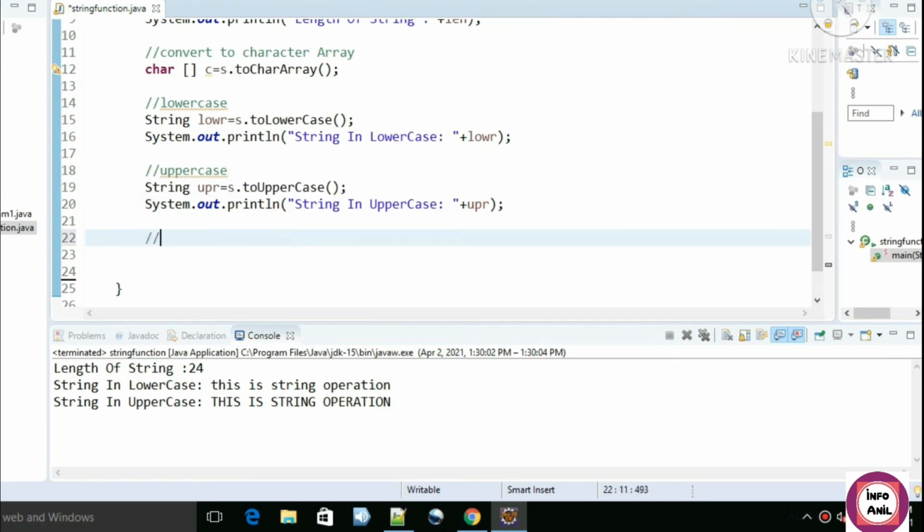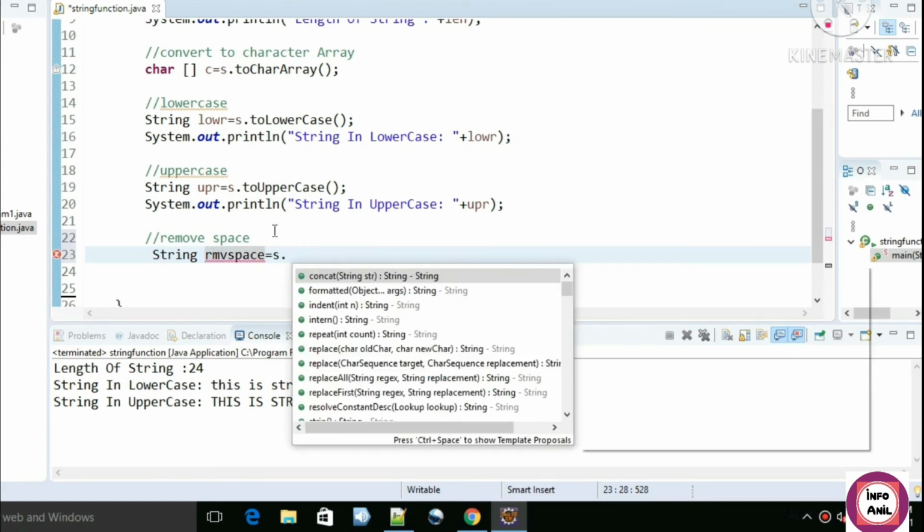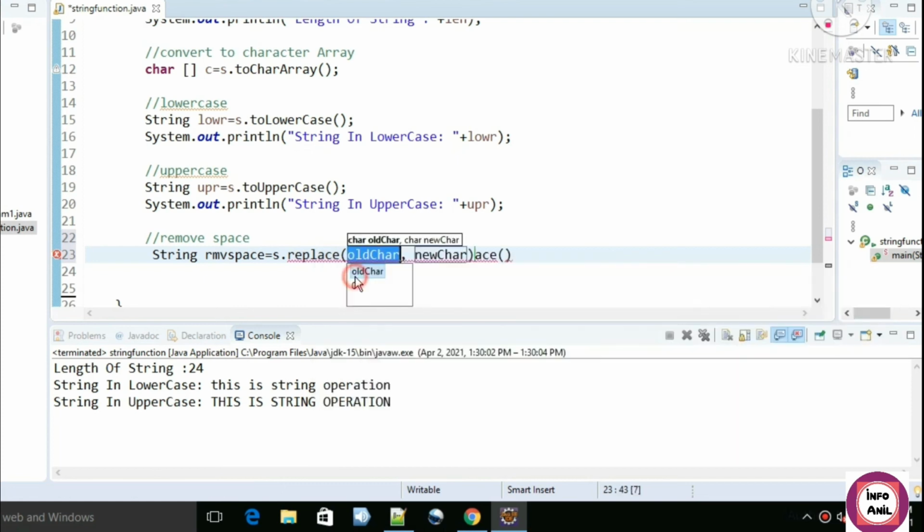Now the next function is how we can remove the spaces from the string. Here we will use String removeSpace, which will be equal to s.replace. The replace function takes two arguments.